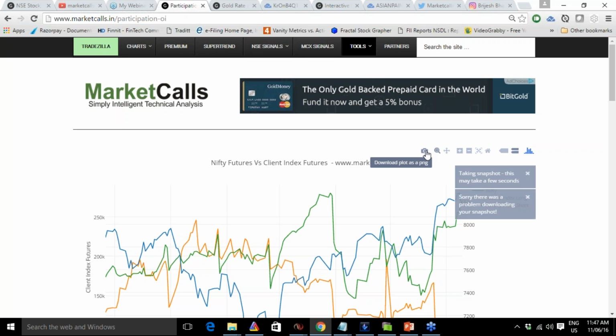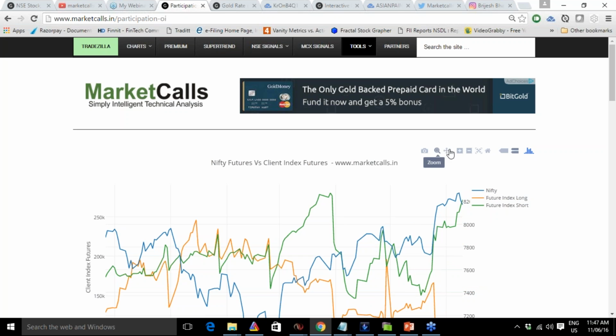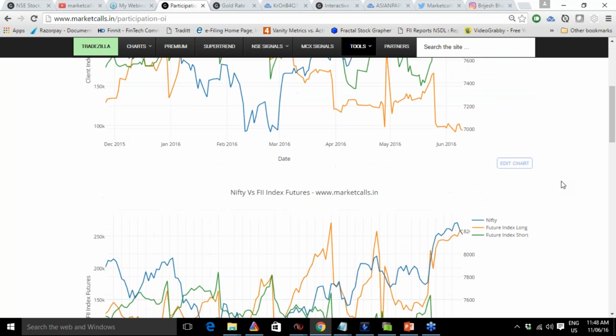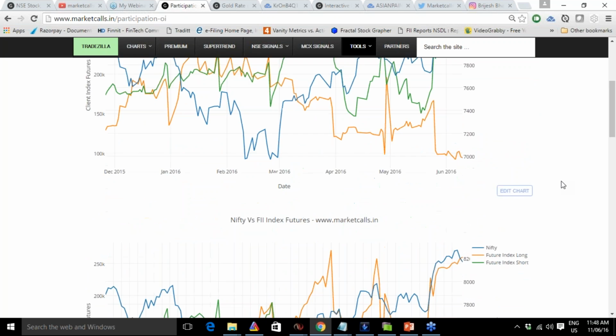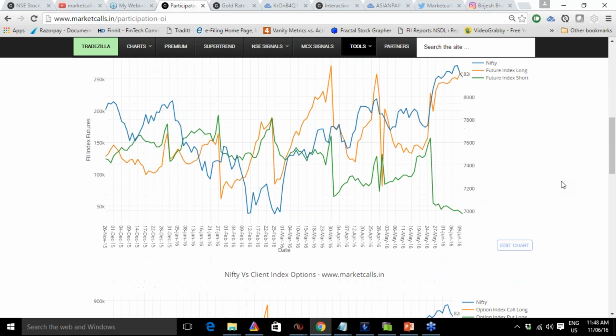I can click on that, and it downloads the snapshot to my local machine. Let me check why it's not taking a snapshot. Okay, maybe at this point of time it is not working. Maybe generally it used to work. You can take a snapshot here, and you can zoom and unzoom here. Quite an interactive feature here. So we use Plotly charts to monitor this, and again we'll be bringing more interesting such studies. We are in phase to bring some economical indicators as well,